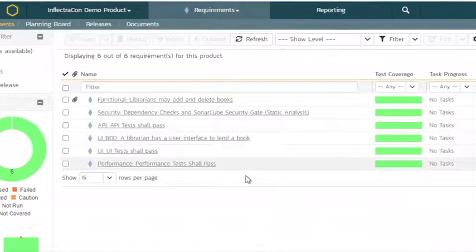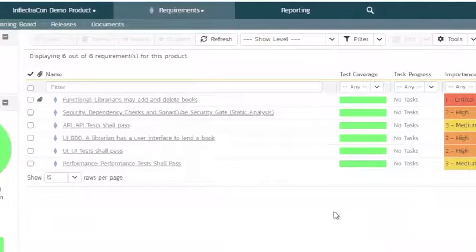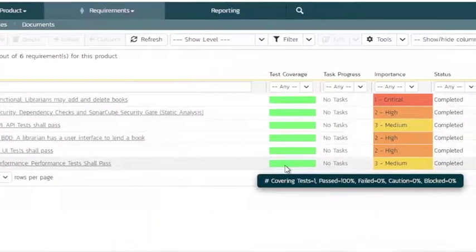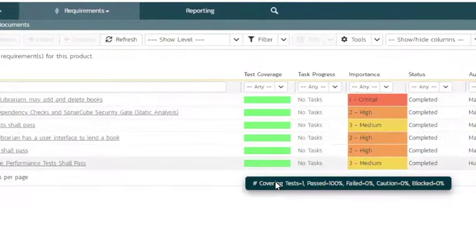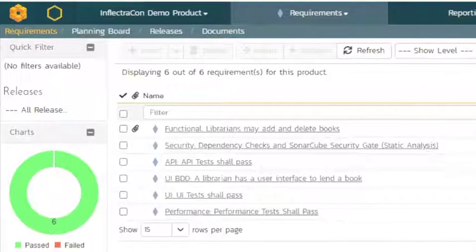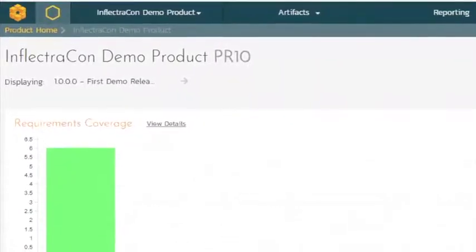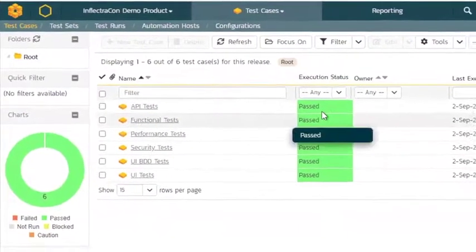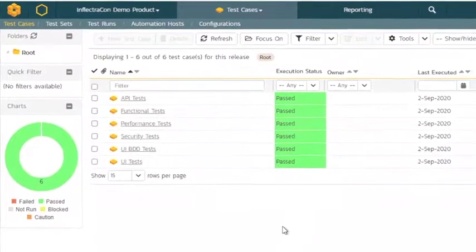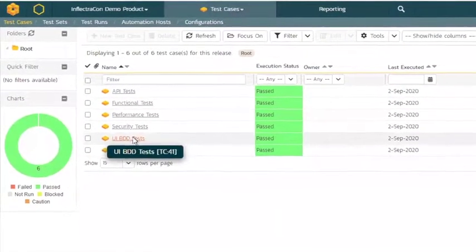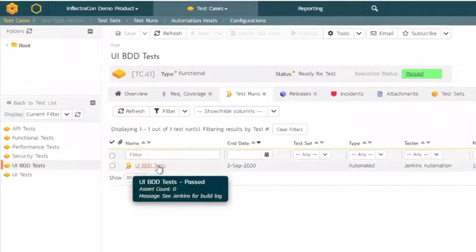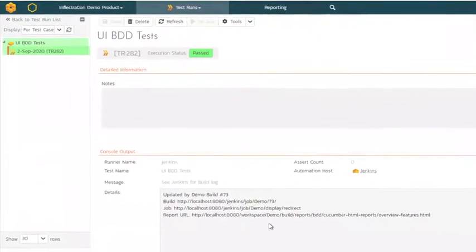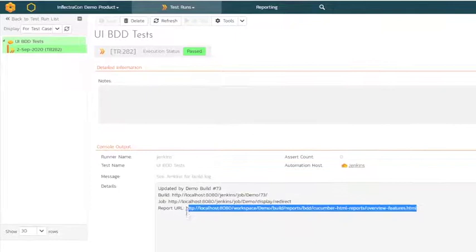What we see now when we go to the requirements area is that all the tests have been run, that everything passed, and that we have good test coverage in our requirements. What we can also see from a test execution point of view is that when we look at our test cases, they have all passed, but we have some interesting information that we bring from the pipeline. For example, when we're doing a UI BDD test, we look at the information that came on the test runs, and we have the ability to take a look at some of the reports that were created